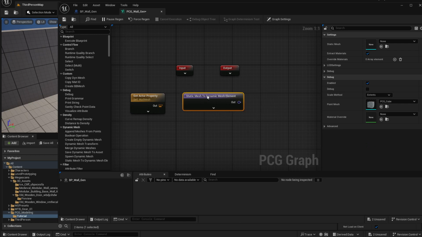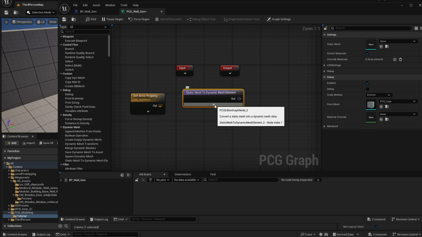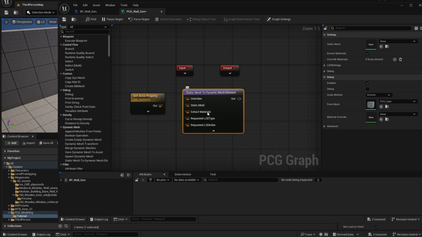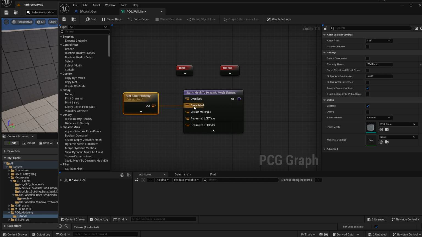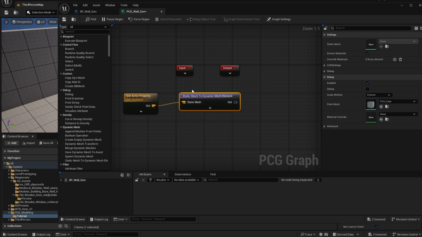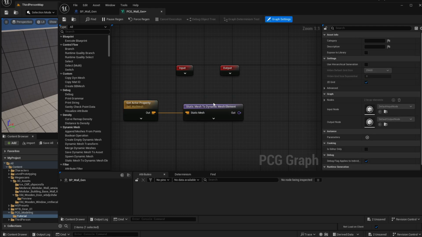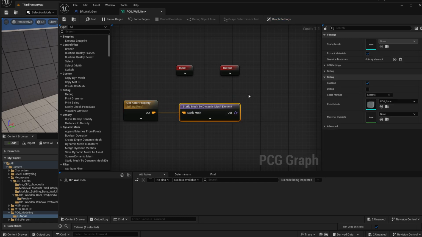So if you're using an older version, this tutorial will not work at all. So make sure you're on Unreal Engine 5.5 or newer. So open the node so you can connect your wall mesh into this static mesh field. So after this node, when you convert it to a dynamic mesh,